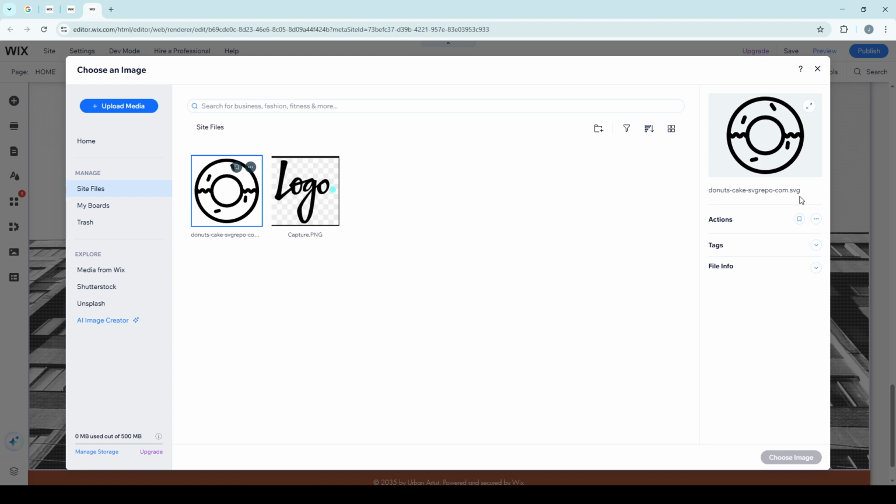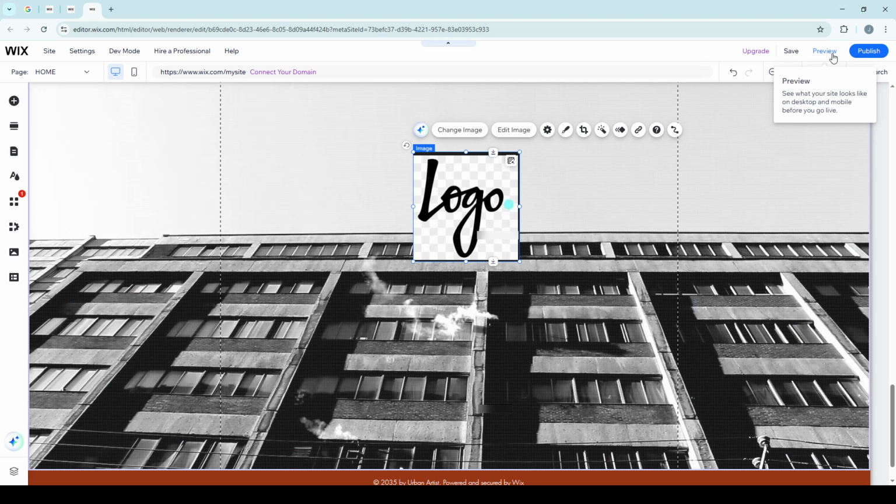Look for the Preview button, usually found near the top right corner of the editor. Clicking this allows you to see how your changes will look live on your site without actually publishing them. This step is incredibly useful as it gives you one last chance to make any final tweaks. Satisfied with how everything looks? Excellent. Now click